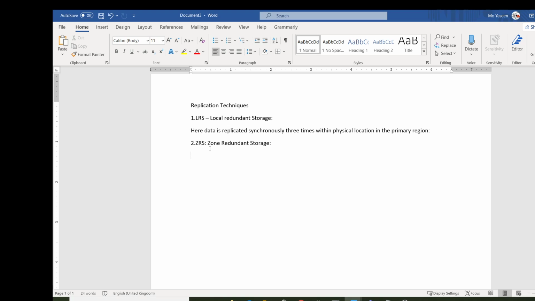So in here we can say, here data is replicated 3 times. Sorry, I'm always bad at spelling this, so probably just paste this: synchronously 3 times